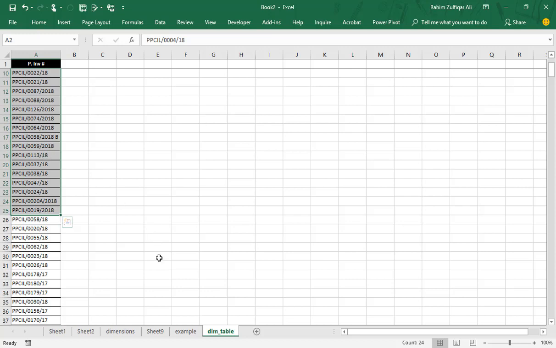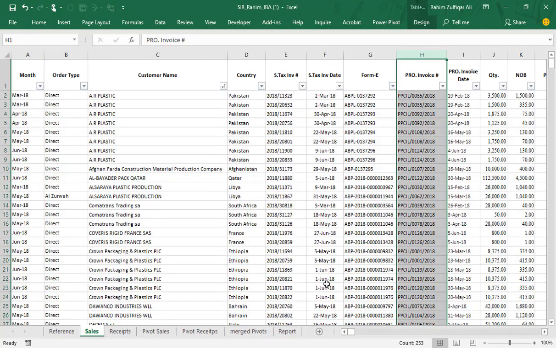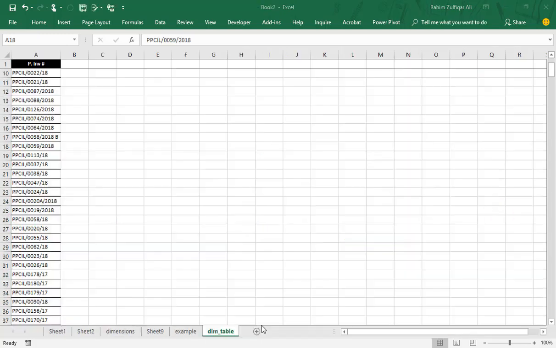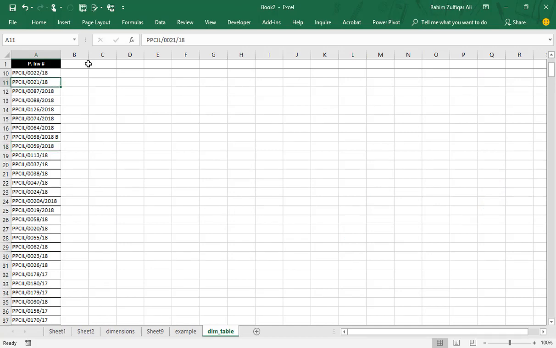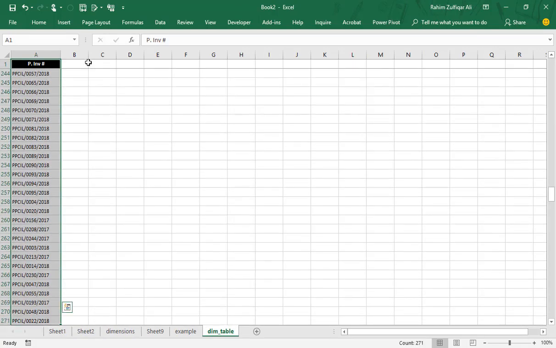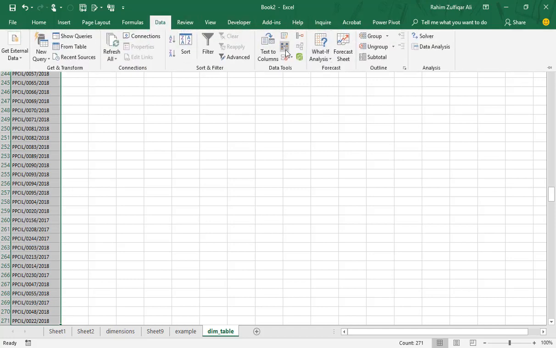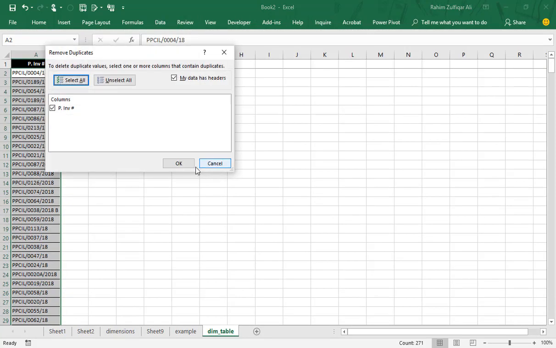Okay, so let's get started in Power Pivot. Let's see how we can get the data into Power Pivot. Let me move this dim table, but before that I can cross-check that no duplicates are there in this column. So I will go to the Data tab and remove duplicates.